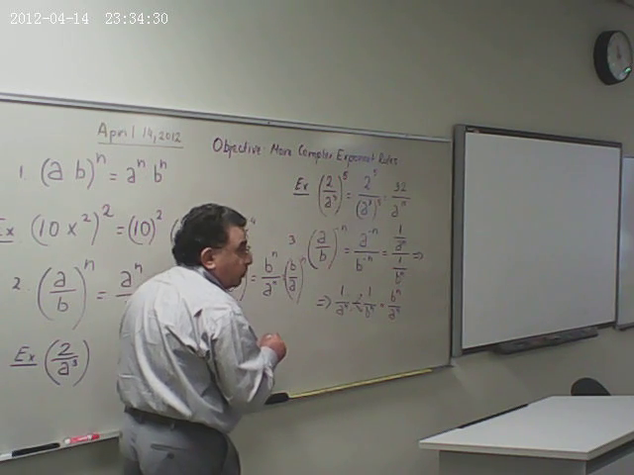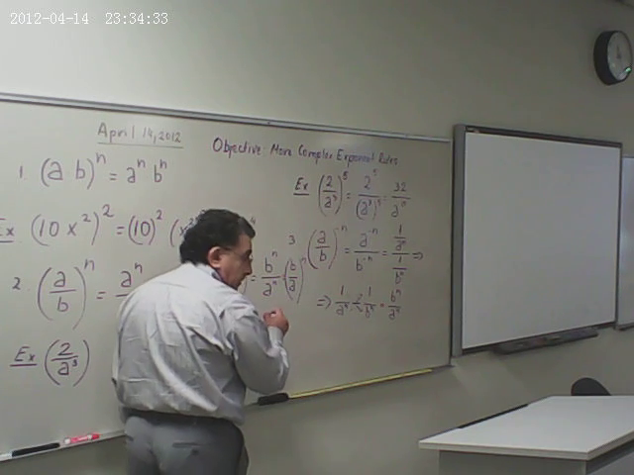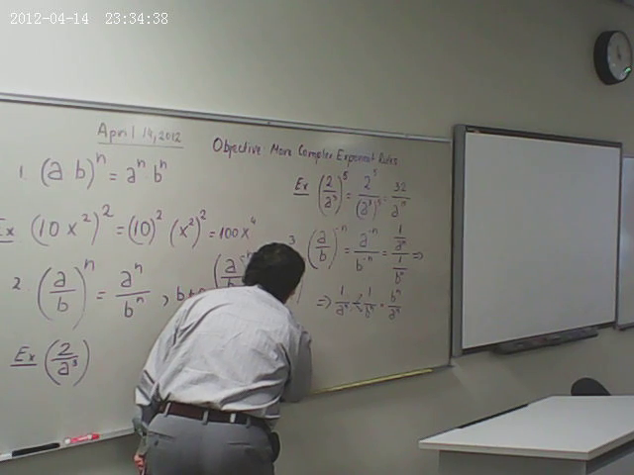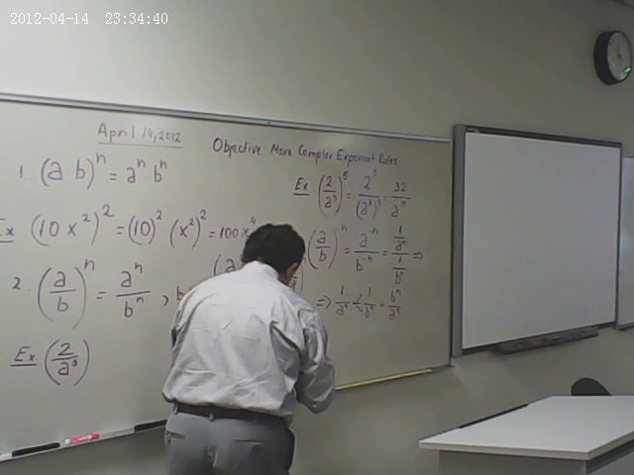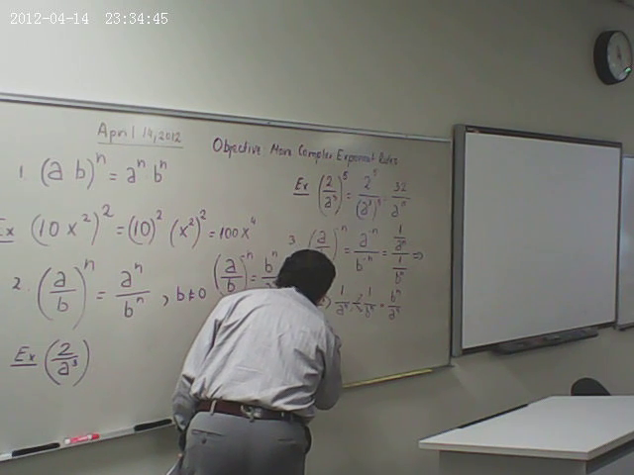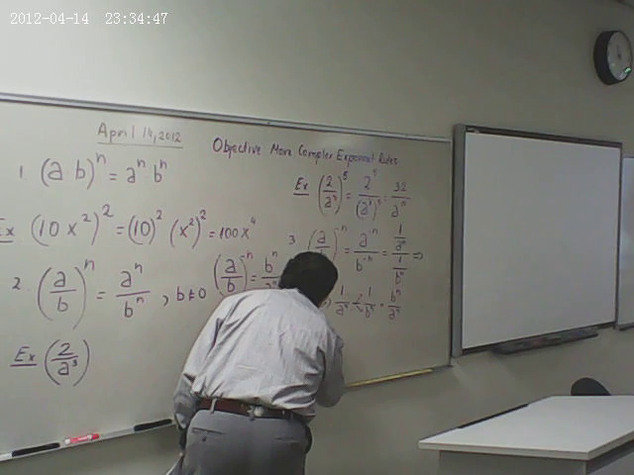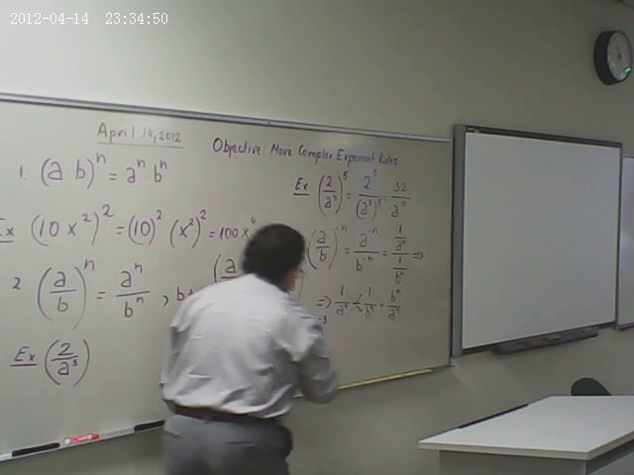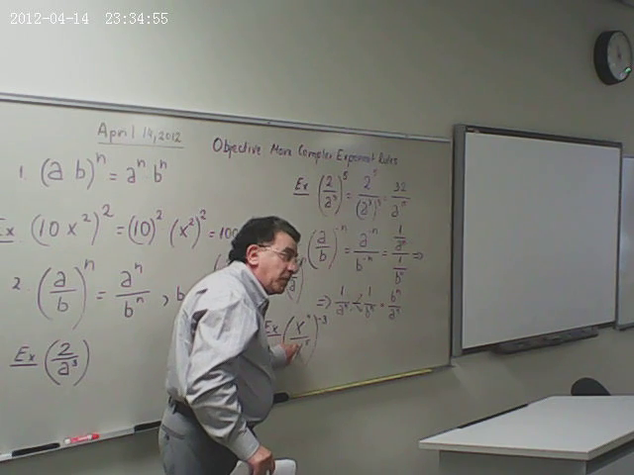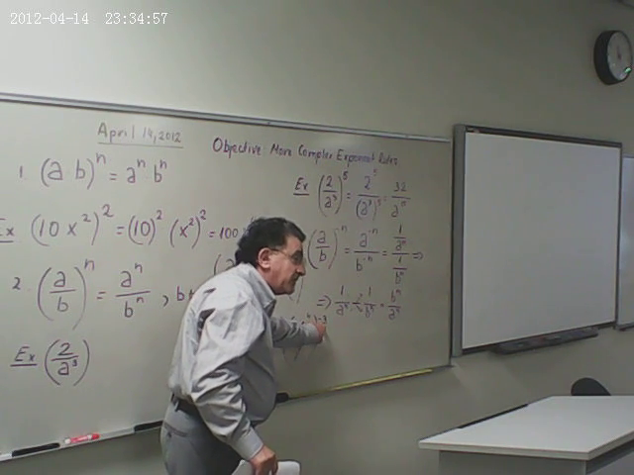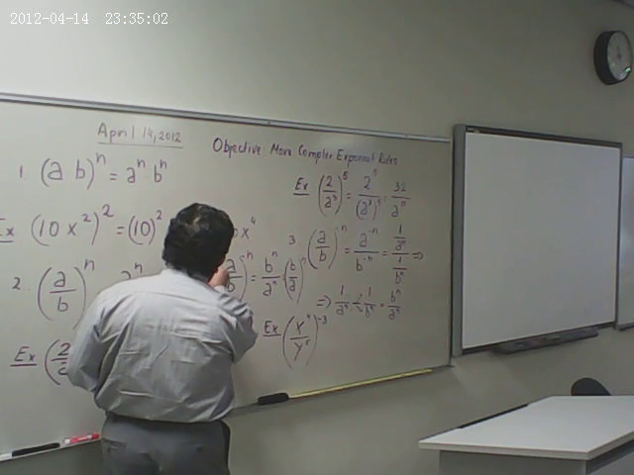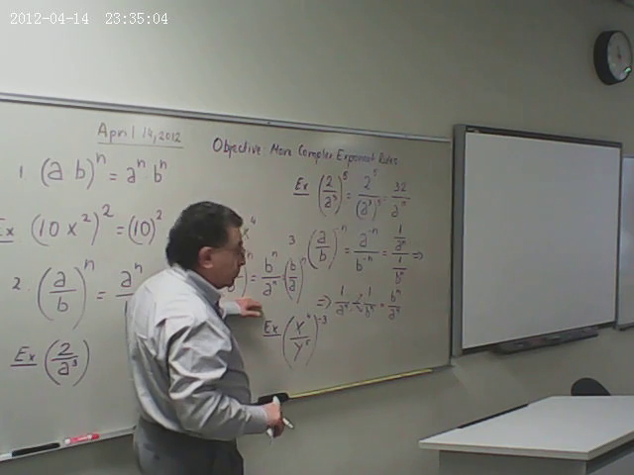I'm going to give you one more example. Do you see? x to the 4th over y to the 5th with the exponent negative 3. So this is for me a, and this is for me b, right? This is a negative 3 exponent. So based on this rule, which is, by the way, rule number 4 for today,